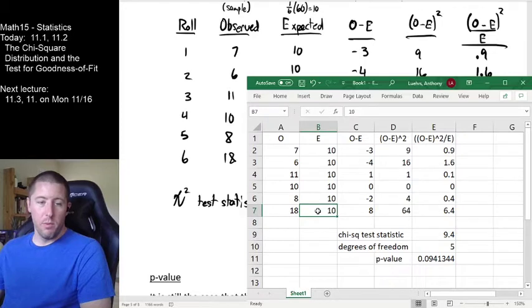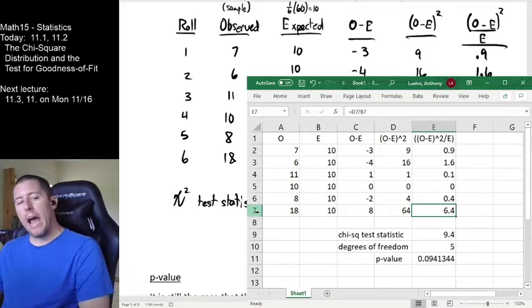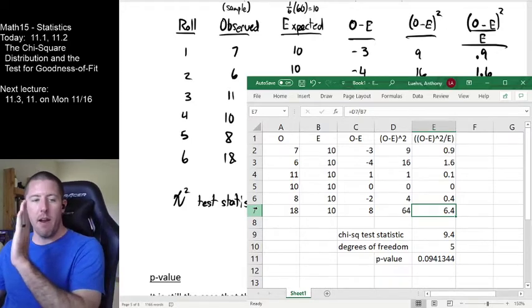18 was a lot more than what we expected, almost twice as much, and so it contributed a huge amount of our test statistic. Notice that more than 2/3 of the entire value of our test statistic just came from 1 out of the 6 contributions right there, right? So this was really our heavy hitter that helped drag that chi-squared test statistic way far out, which made us